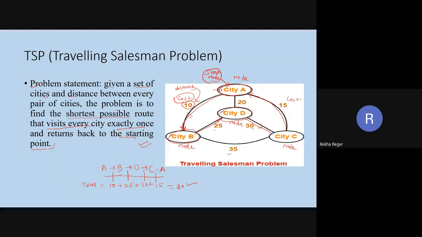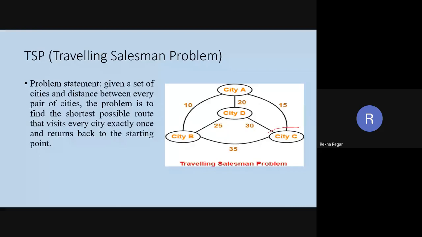So guys, are you getting it or not? So now you can consider the start city is C. Start node is this one.